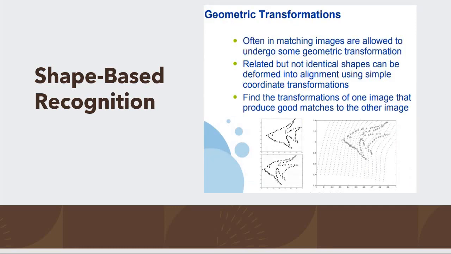Next is the geometric transformation. Often in matching, images are allowed to undergo some geometric transformation. Related but not identical shapes can be deformed into alignment using a simple coordinate transformation. Here we have considered an image, which is representing some fish. So what we have done is we have tried to